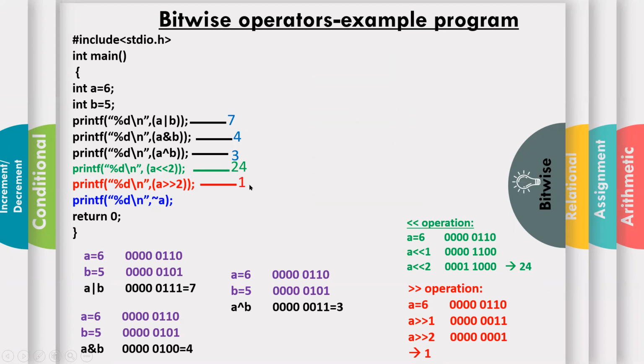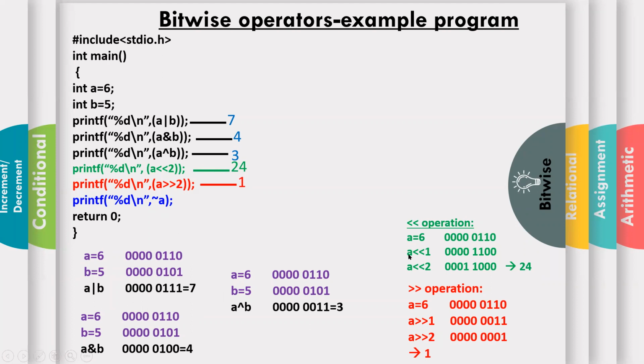Now consider this last operation, bitwise complement. It is a little bit tricky, but see. For all these 5 operators, how do you apply them? First, we convert it into binary, apply our operation, get a binary result, and that binary value is finally converted to decimal. For AND also, binary for 6 and 5, get the binary result, convert to decimal.